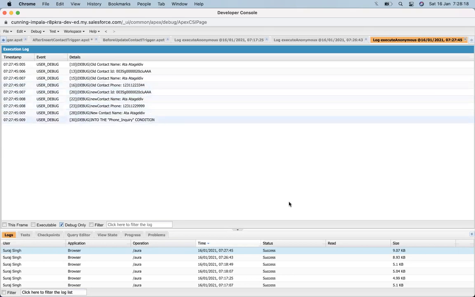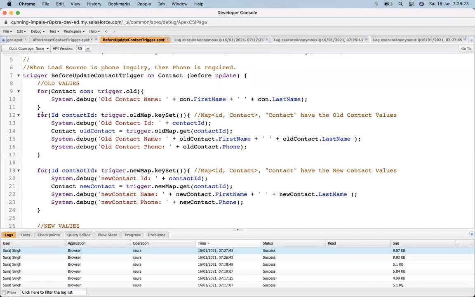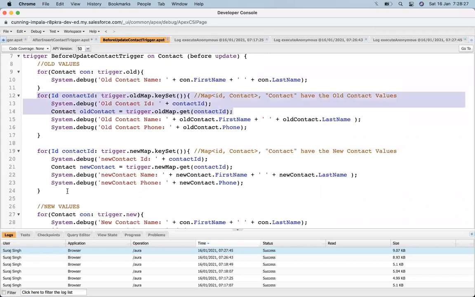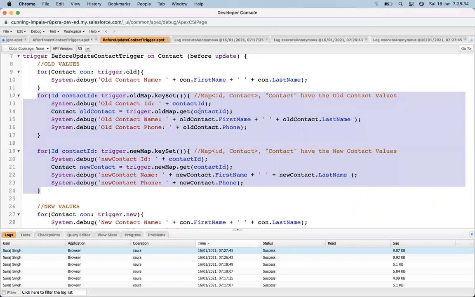Since the phone number is different, we also need to check that. It means that trigger.new also helped me capture the old phone. We also saw that this new map and old map accept the ID of the record.